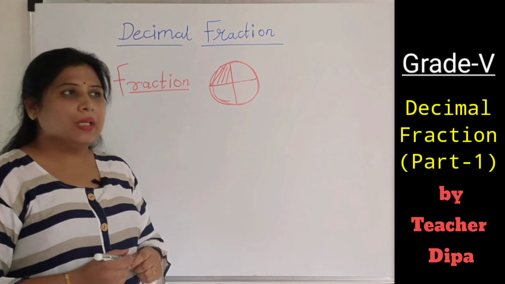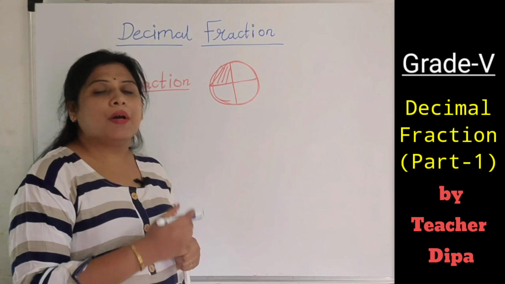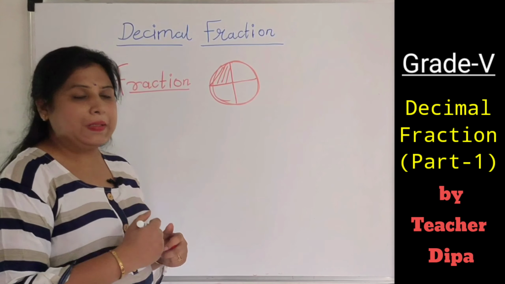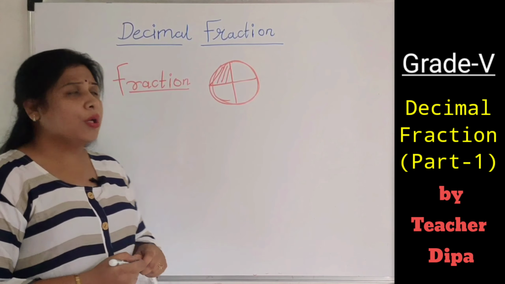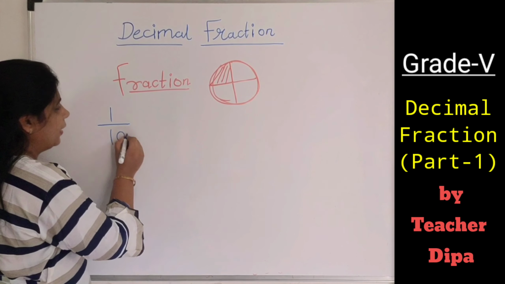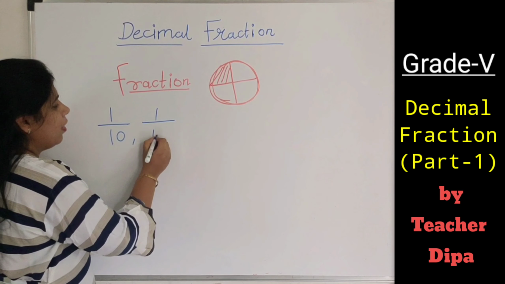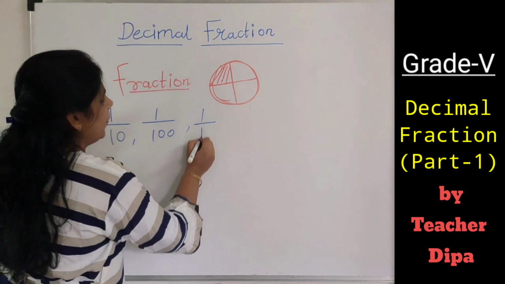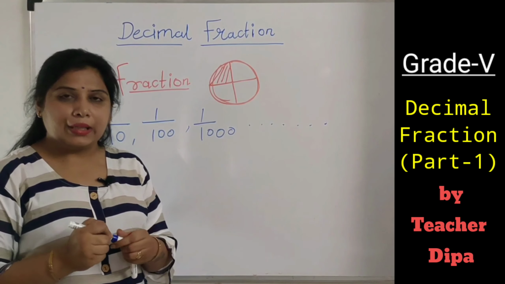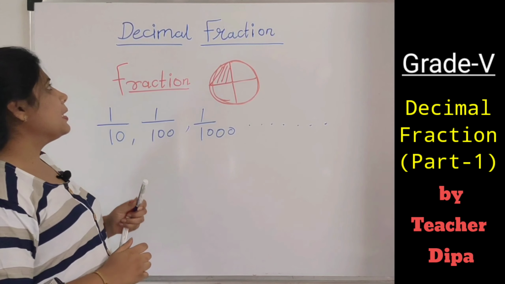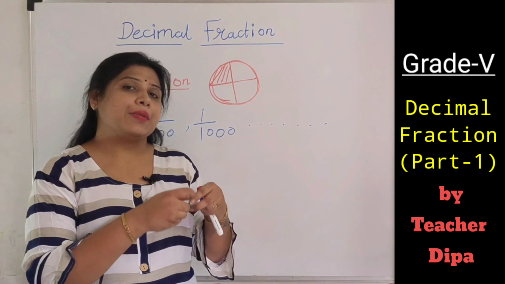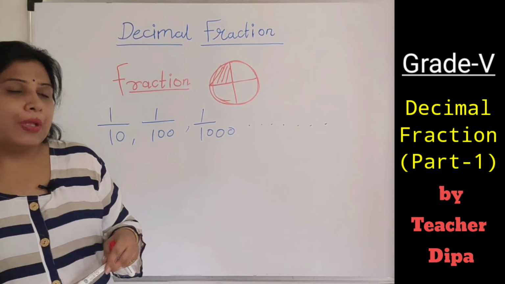Decimal fraction means to express your number in the form of a multiple of ten. So what does multiple of ten mean? It means writing the denominator in the form of a multiple of 10, that is 1 upon 10, 1 upon 100, 1 upon 1000 and so on. That is called a multiple of tens. In the decimal fraction, we have to convert the fraction into its decimal fraction. Now, how will we do that?